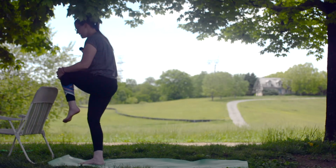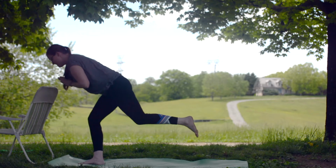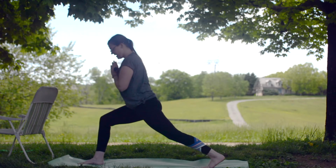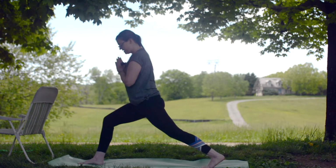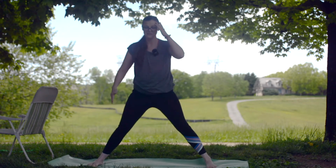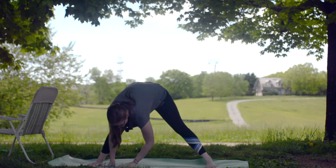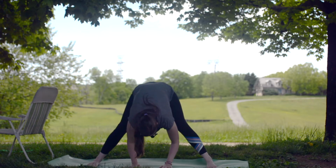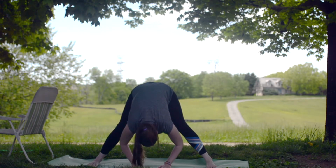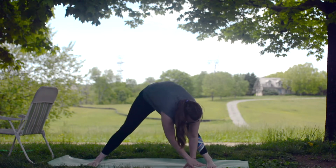We're gonna, with some control, step our left foot back into this lunging position for just a moment. Then we're gonna turn our toes so they're facing the long edge of your mat. We're gonna start with this foot, and then we're just gonna slowly walk it around, maybe taking a moment to pause here in this forward fold. That can feel really good. Just kind of release and find some extension through your back. And then we're gonna walk it on around,